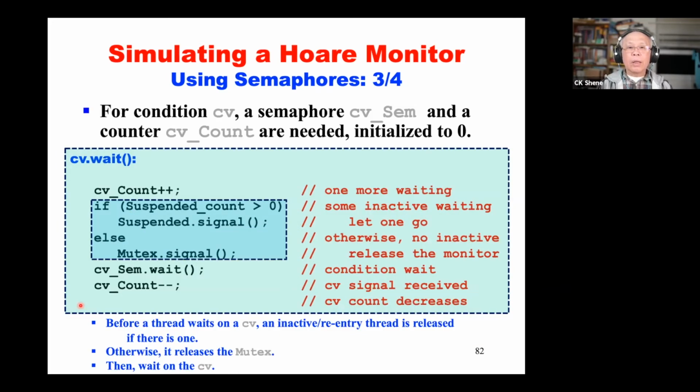Then let's take a look at how to implement a condition variable. Because each condition variable CV has a waiting list to block those who called CV.wait, we need a semaphore to simulate this waiting list. And of course, we need a counter to count how many threads are waiting on this condition variable. Initial value, 0, of course. Now, for each call to CV.wait,